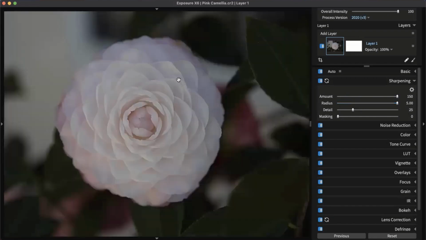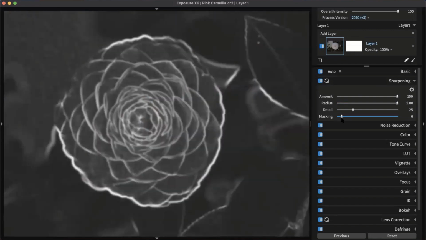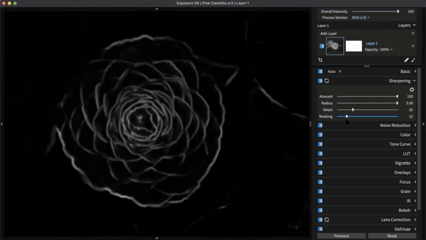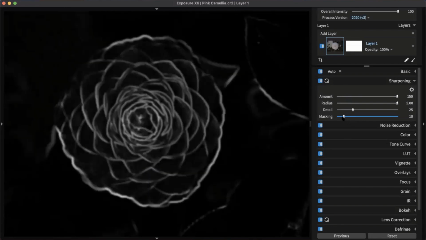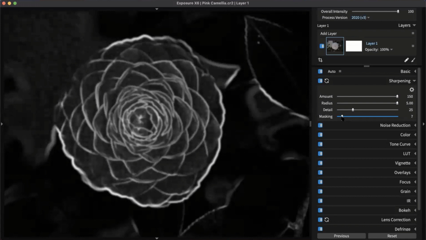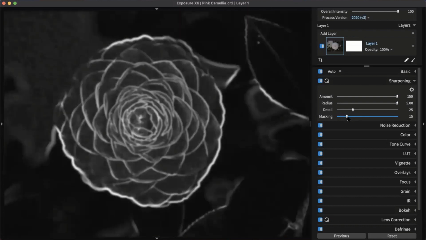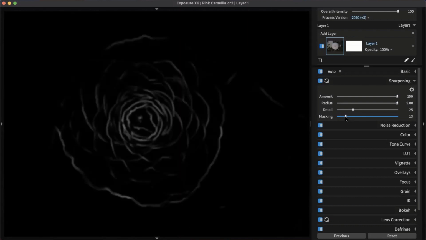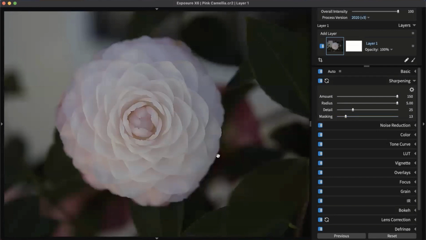So I can turn it way up and I'll see that. And then if I hold down the Alt key and I adjust the masking, this shows us in the image which edges are being selected for the sharpening effect. So the less that you show here, just the little tiny bits of those edges, those are just the edges that are going to have the sharpening effects